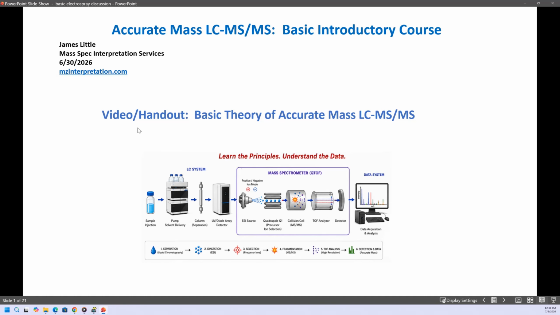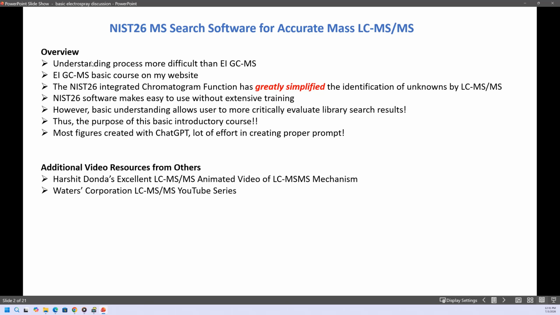This video handout concerns the basic theory of accurate mass LC-MS/MS, and it's part of my Accurate Mass LC-MS/MS basic introductory course. Understanding the LC-MS/MS process is much more difficult than EI GC-MS, and the EI GC-MS basic course is on my website, and it might be useful if you took it first if you're actually interested in